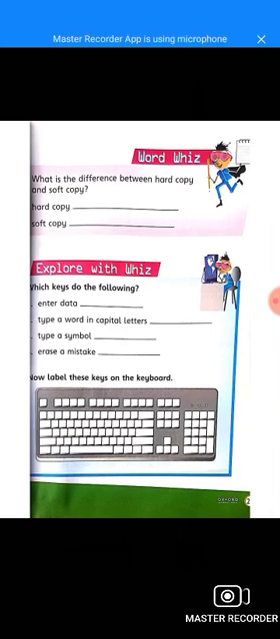Next: what is the difference between hard copy and soft copy? Hard copy is a printed page, soft copy is an image. Which keys do the following tasks? Enter data, enter key. Type a word in capital, caps lock. Type a symbol, shift with number key. Press both at a time. Okay, erase a mistake, backspace key